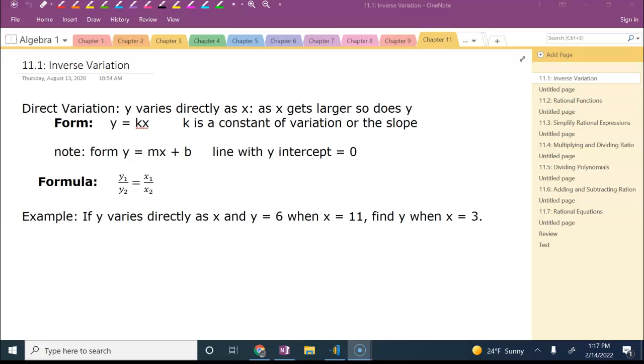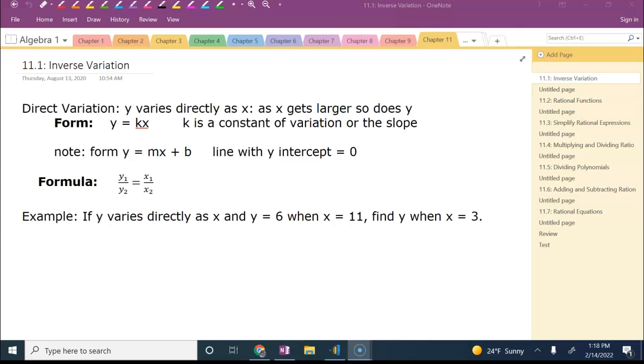Chapter 11, Section 1 is about inverse variation, and we're going to talk about the different ways that things can be related to each other when we're talking about graphs. We're going to spend more time on inverse variation in this section because we're going to get into what the graphs of inverse variation look like,